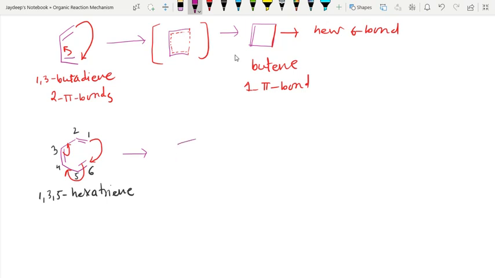So this is the 6 member transition state, and the intermediate form is like that. This is a transition state, this is also a TS, a 4 member, and this is a transition state having 6 members. Now the 6 member transition states are the most stable transition states, and the final product is